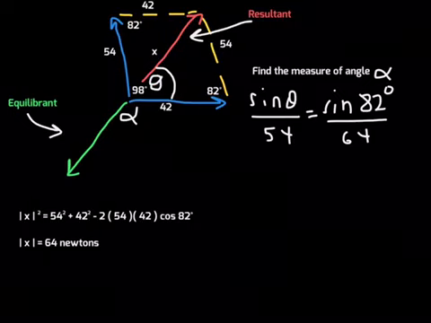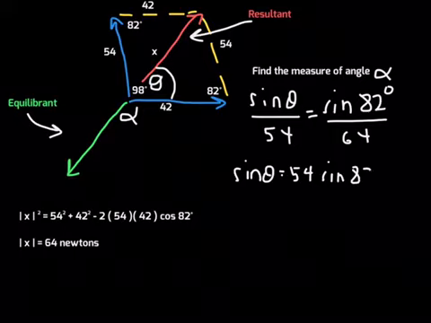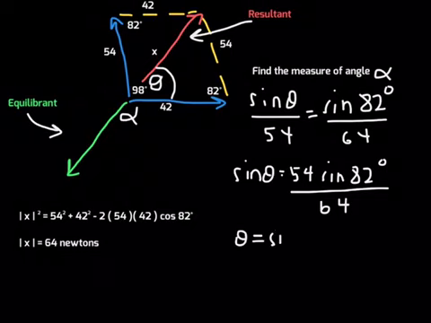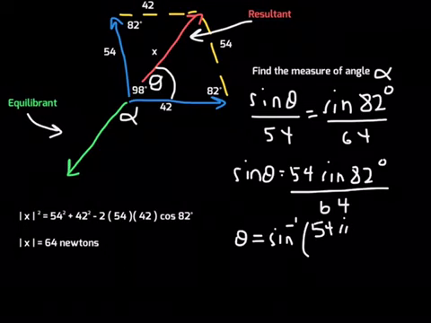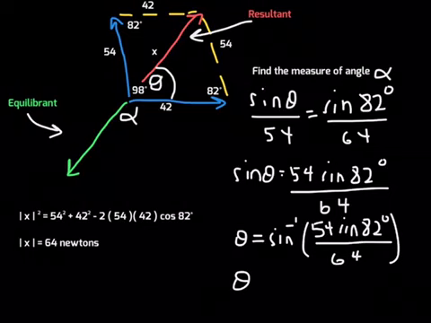All right. Then this will mean that sine of theta is equal to 54 times sine of 82 degrees, all that divided by 64. And to find theta, you're going to have to use inverse sine, right? Theta is equal to inverse sine of all of this: 54 newtons times sine of 82 degrees. Make sure your calculator is in degree mode, divided by 64. Okay? And we can find that theta is about